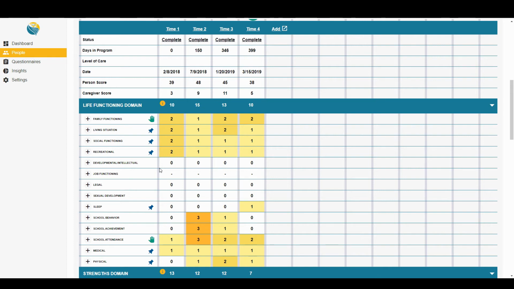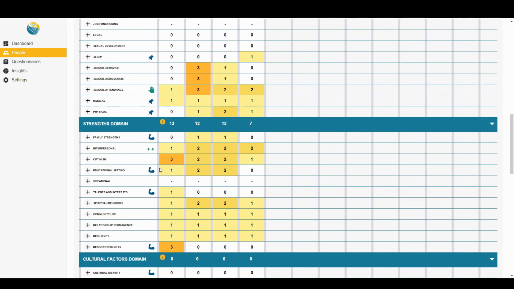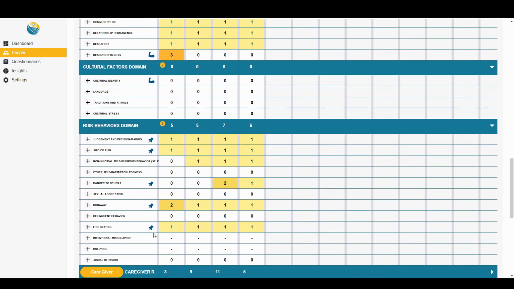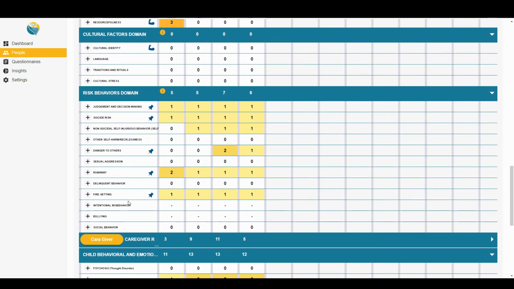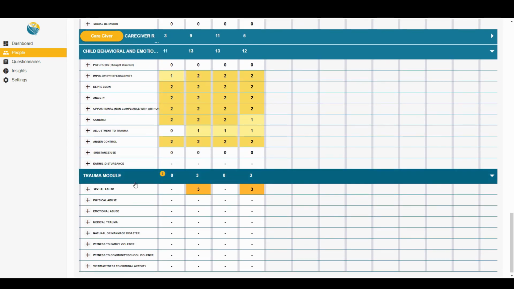In the strengths domain, it's similar, with a barbell for scores of 2 or higher, showing this is a strength to build, and an arm for scores of 0 to show the strength is present. Watching the icons and scrolling down, we see that we're working on interpersonal in the strengths domain and that we have several strengths present. We see there are a handful of risk behaviors in the background to keep in mind. And we see that there is a cluster of need in the child behavioral and emotional needs domain that has